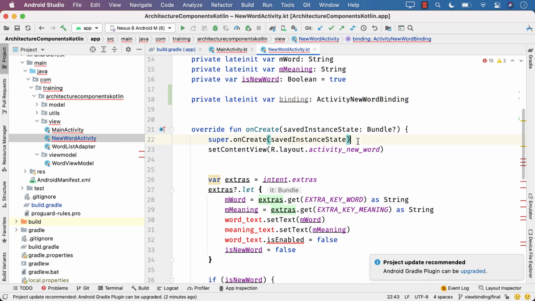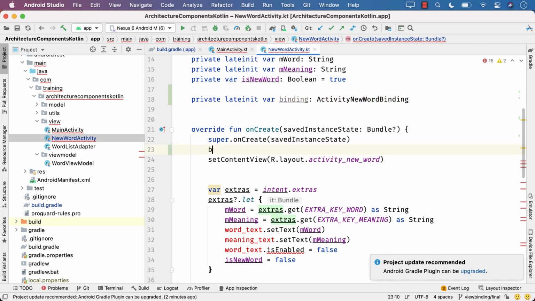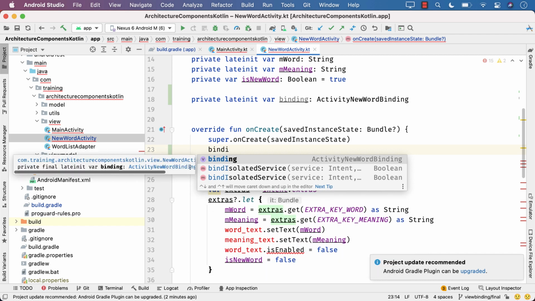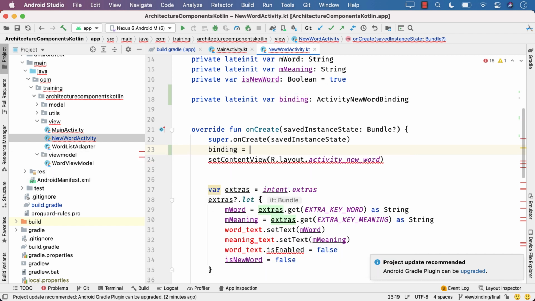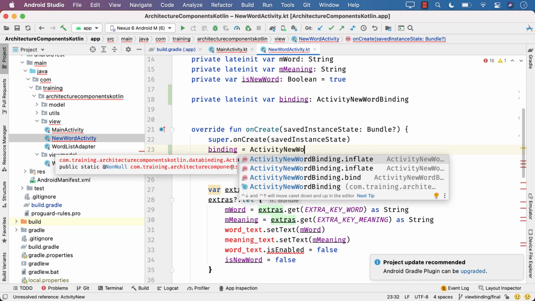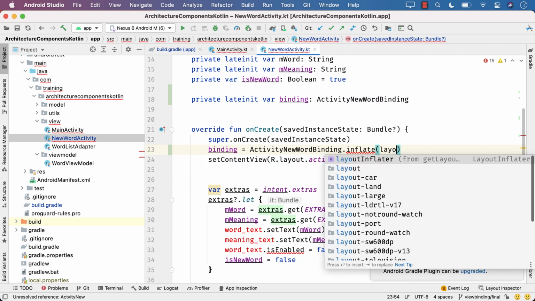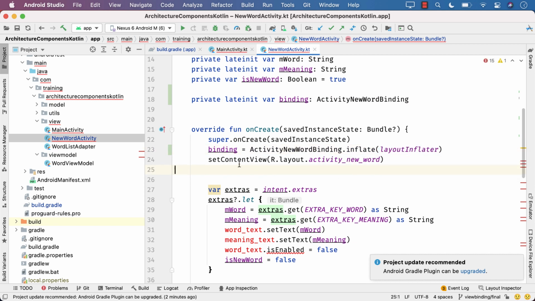Now, just before setContentView, initialize this binding variable. Inside setContentView, you are going to pass the root of the binding.